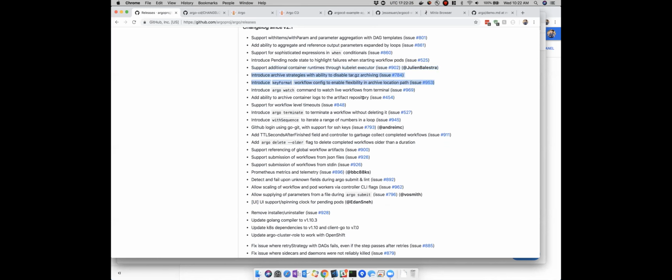So with Argo 2.1, all artifacts were tar-gz'd when they were saved to the artifact repository. And similarly, when we were loading them into the container, we could only accept either a single file or a tar-gz file, and load that into the container. With this new feature, we can actually